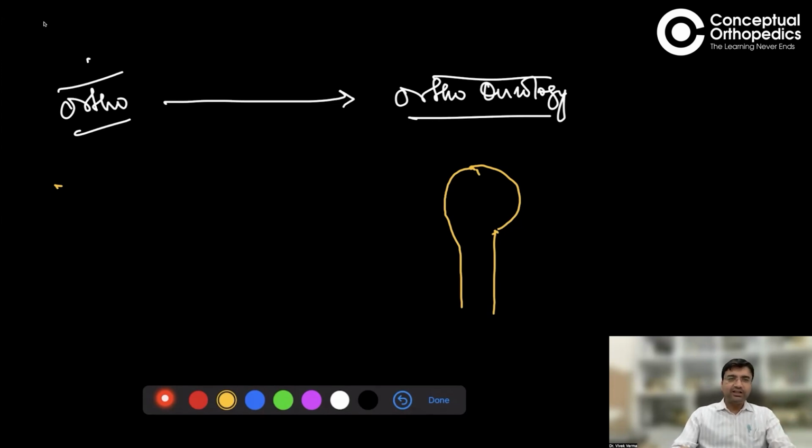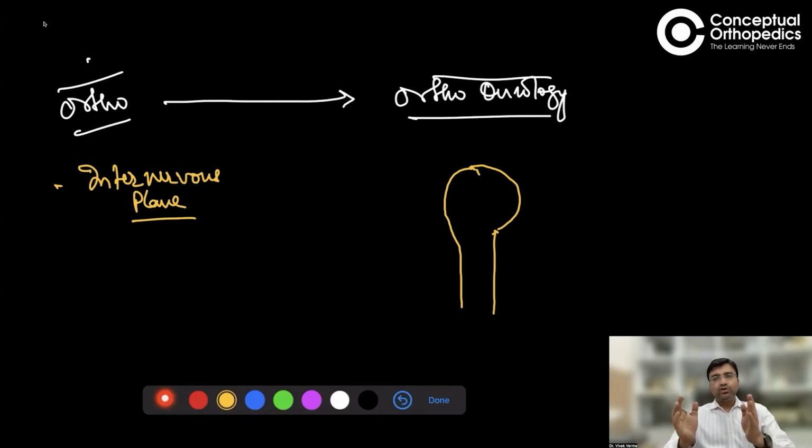Any idea? Muscle interval? Okay. Internervous plane, right? Internervous plane. Usually the plane is between two muscle groups, and both these muscle groups should have different nerve supply. Like when you talk about